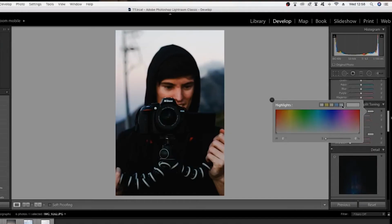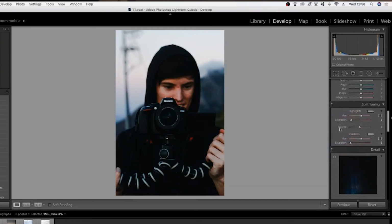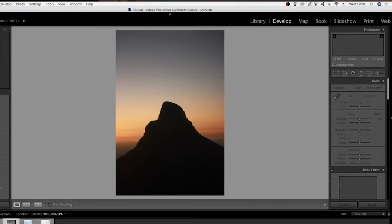You can go to our split toning and say 6, 3, and there's a minor difference, but it makes a difference in the eye. We can play around with our contrast. Okay, so it's very simple. I mean, if you hit Y, you can see. Now, of course, this is only the basics of this. You can add your own personal feel to it, but just to get that pop, tone curve is the way to go. If you take this last photo,